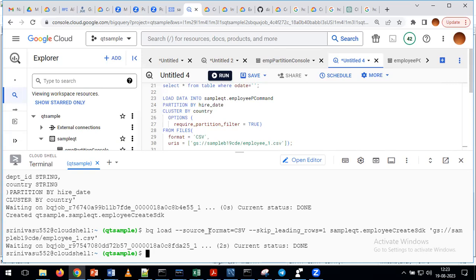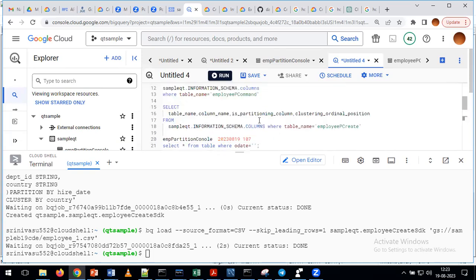Just now we created a table, right? We created and loaded. If you want to see that, you can run the same query by using the BQ query. We already discussed this, right? If you want to run any query, we run this query in